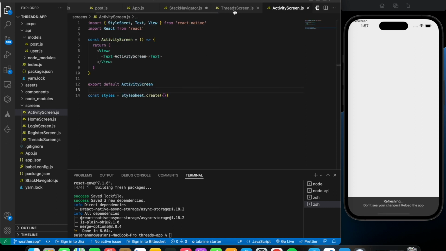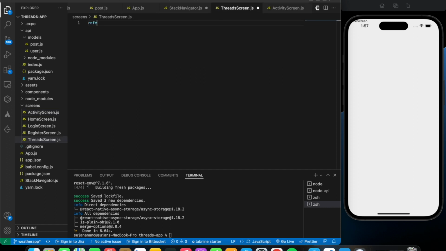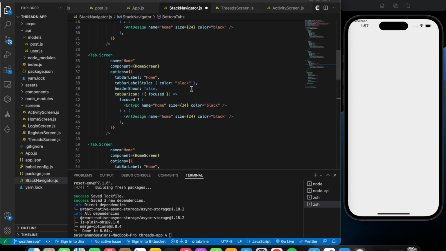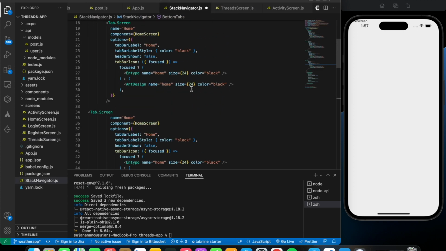Save the file. Here also rnfes. Save the file. And yeah, so for the second one, it's gonna be threads or just thread, and the component is gonna be